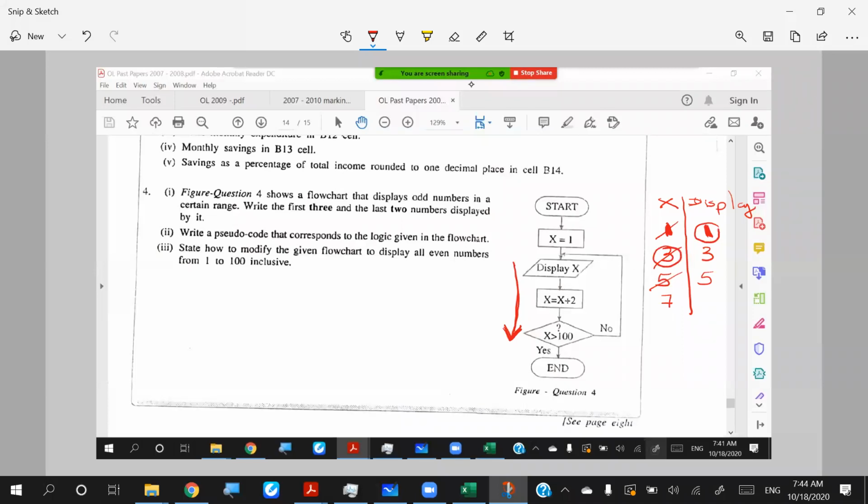So මේ දෙන්න එකට සිද්ධ වෙන්නේ. Then at the next round 3 is going to display and it is incremented to 5. ඔය දෙන්න එකට සිද්ධ වෙන්නේ. So in the next round, 5 is going to display and x is going to increment to 7. ඔය දෙන්න එකට වෙන්නේ, right?